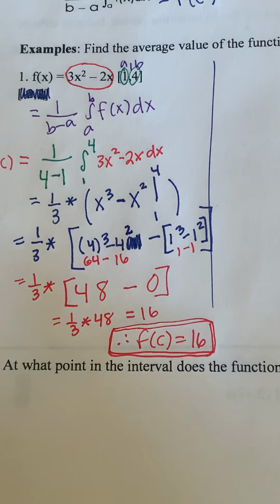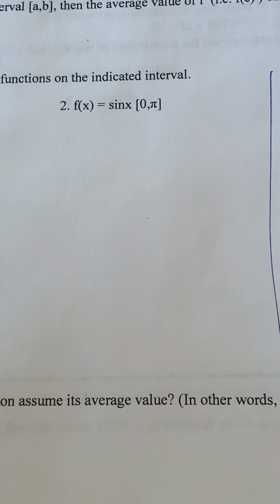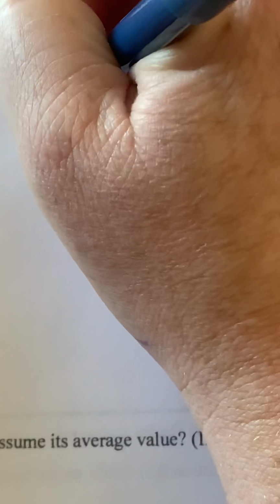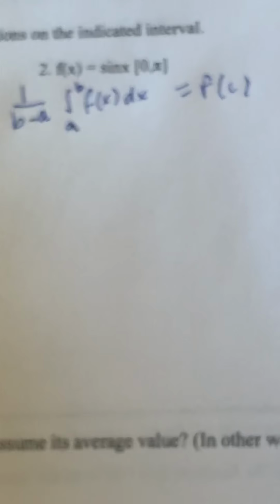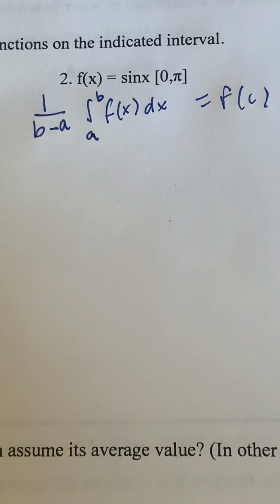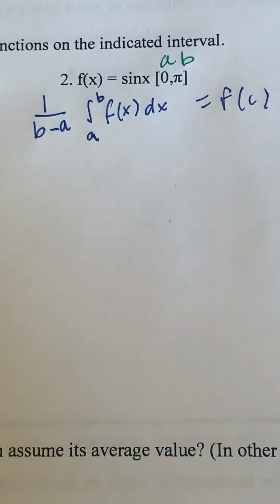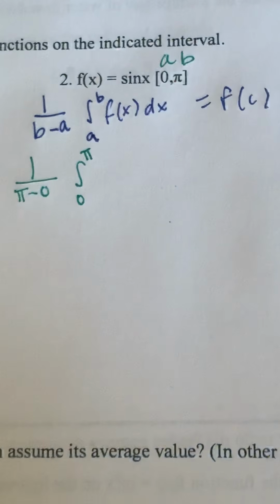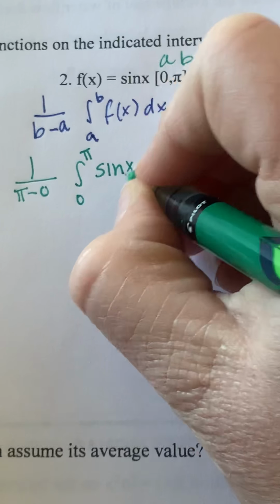Okay, that's how you do number 1. All right, let's do the next one. f of x equals sine x from 0 to pi. All right, so if you go through the formula, 1 over b minus a times the integral from a to b of f of x dx, that will give you the average value. Okay, so a in this case is 0, b is pi. Let's plug everything in and go from there. So this will be 1 over pi minus 0 times the integral from 0 to pi of sine x dx,